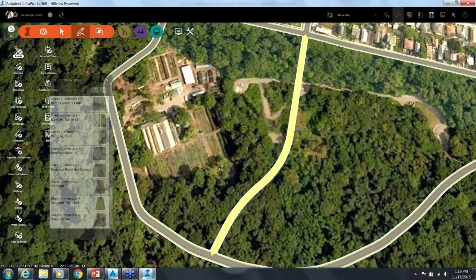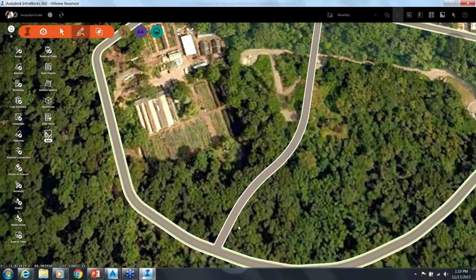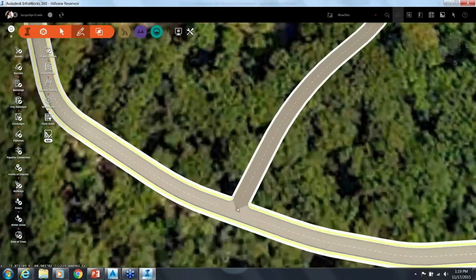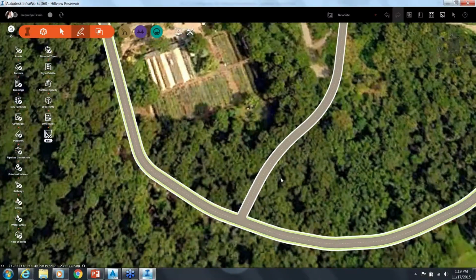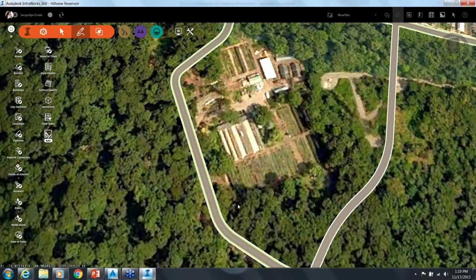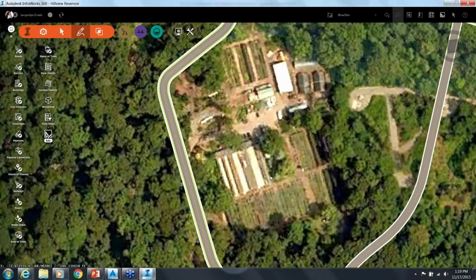Okay? And you can see it solves my intersections for me. It cleans things up very nicely. And there I have a roadway, just that easy. So now, let's say over in this area,